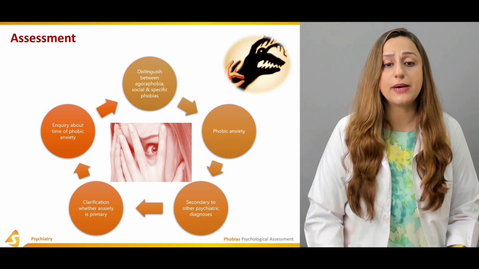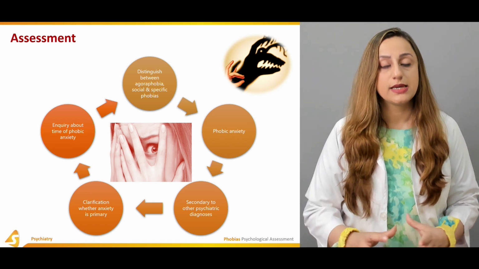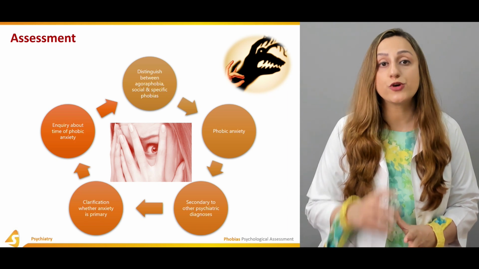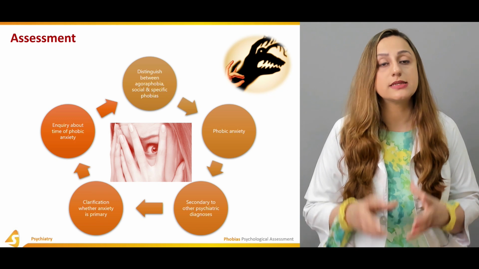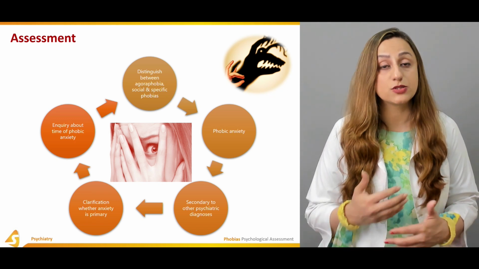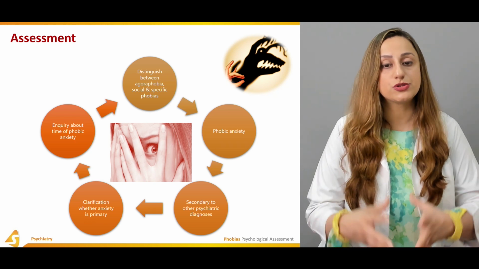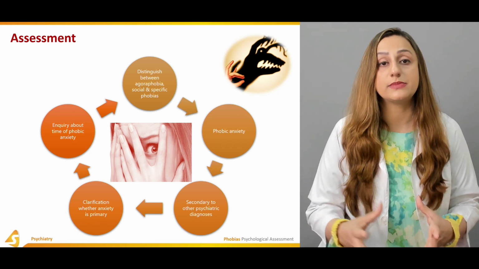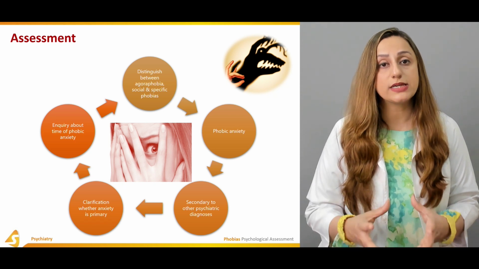And then inquiry about the time of the phobic anxiety. What is the triggering factor is the mainstay over here, what we're focusing on. So getting on to that triggering factor is the point that is going to heal the patient through counseling or through the medications, or all of these psychiatric medications basically depend upon finding out what is the triggering factor